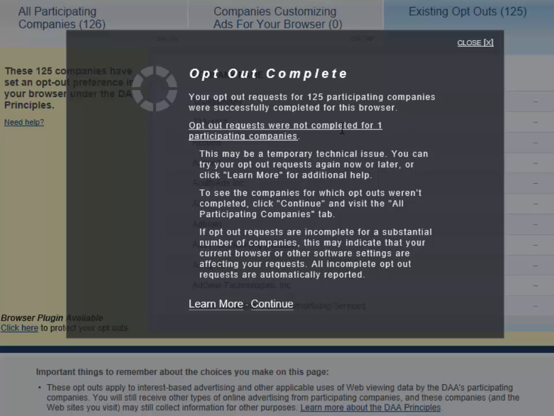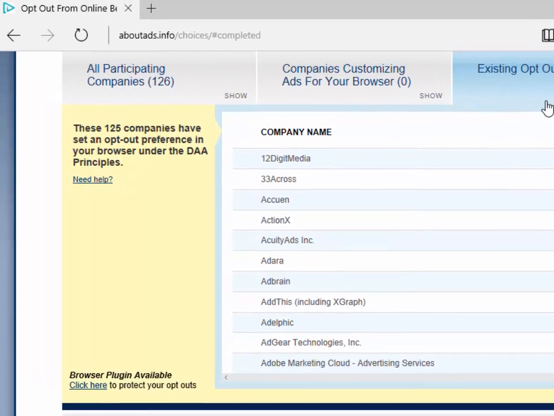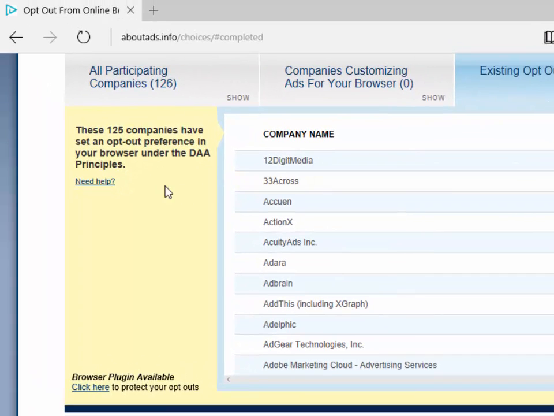Opt-out requests were not completed for one participating company. This may be a temporary technical issue. You can try your opt-out requests again now or later. So I'm just going to click on the close button there, and I'll come back and I'll try that again a bit later. There's another website we can go to which may cover some more